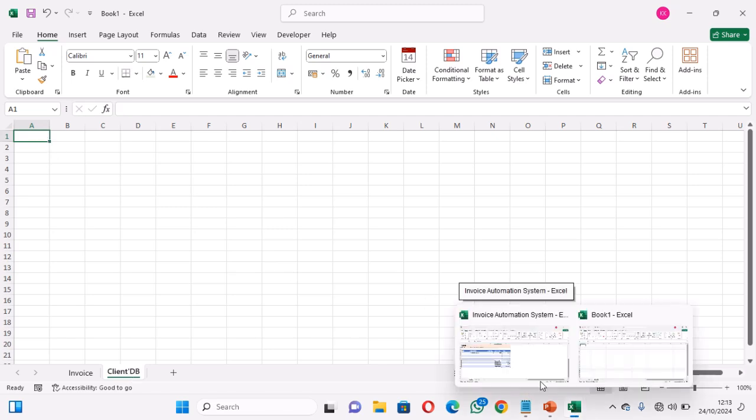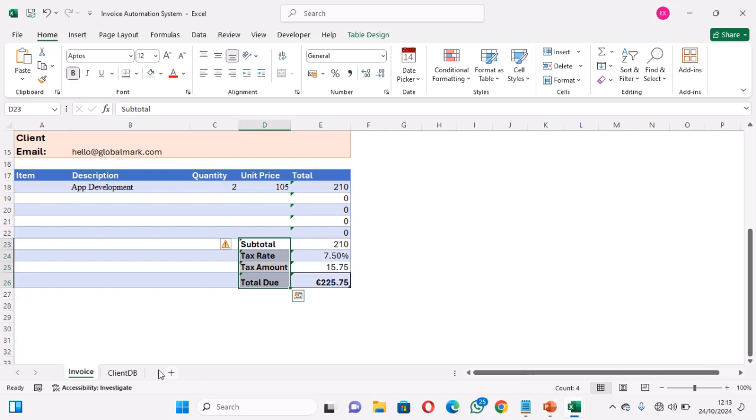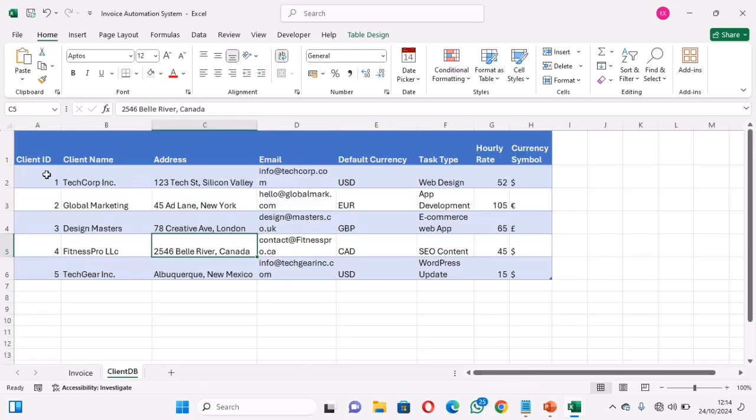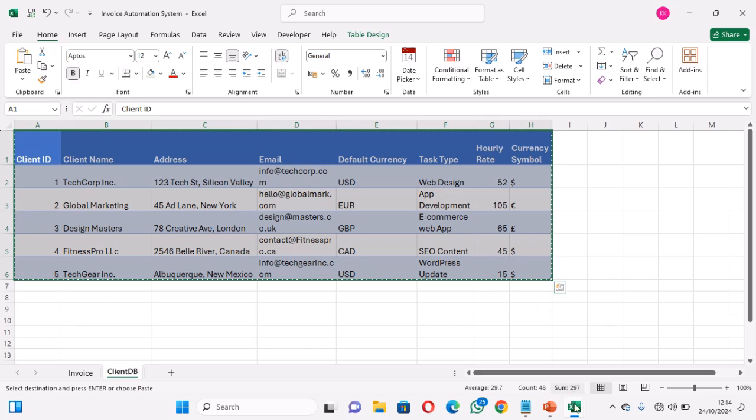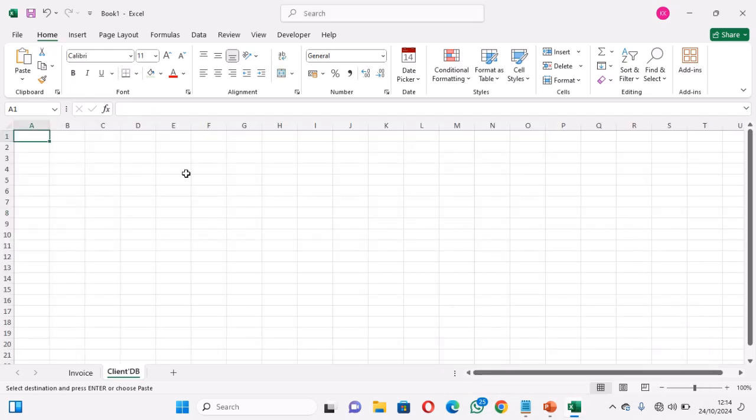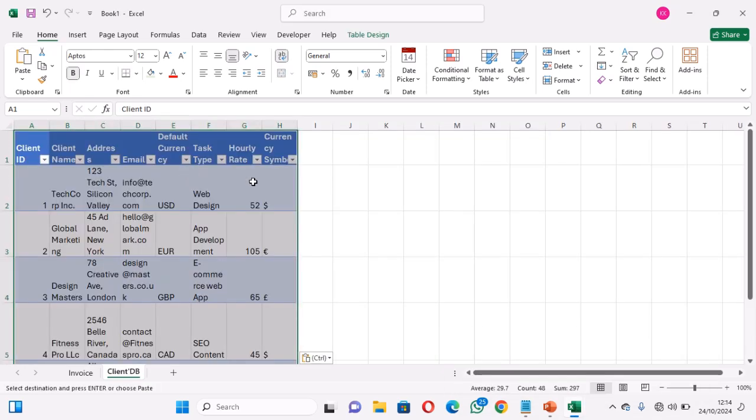So here what I'm going to do is to copy what I already have and paste it. So you are going to type in your own information just as I did, but it doesn't mean that my information and your own information is going to be the same thing. All you need to do is